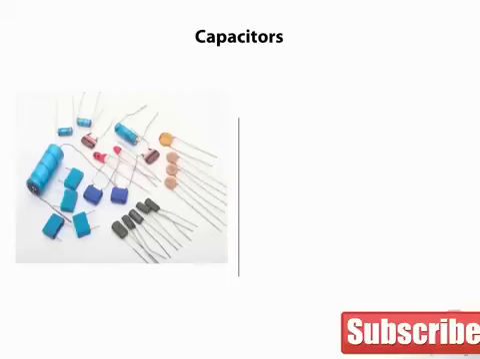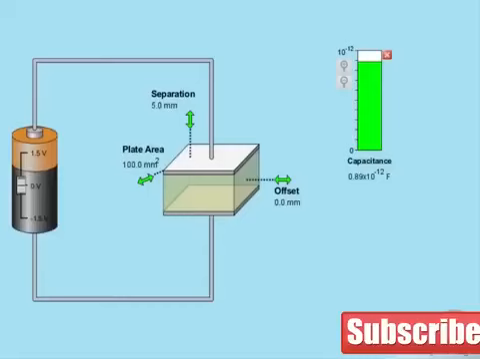Capacitors come in many shapes and sizes and configurations, but they all do the same thing. They store an electrical charge. Let's take a quick look at a capacitor model. In this model, we see a capacitor made of two conducting plates separated by a dielectric. The plates are connected, one of them to the positive side of a battery and the other to the negative